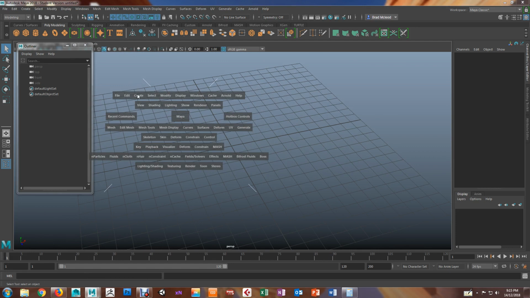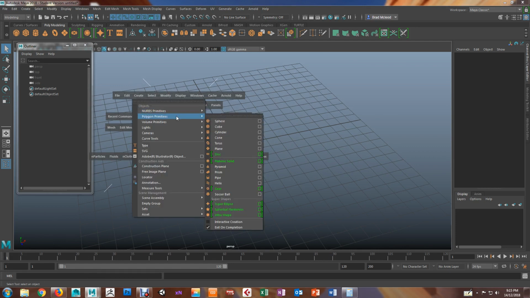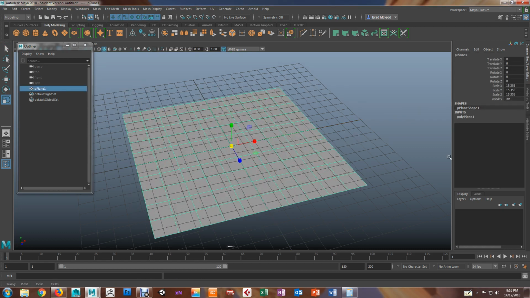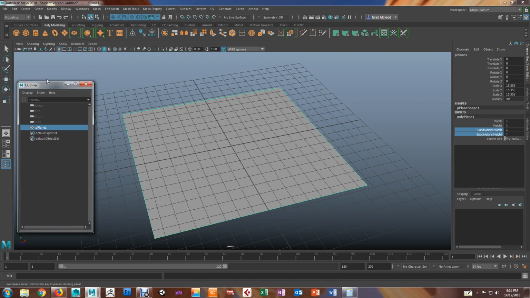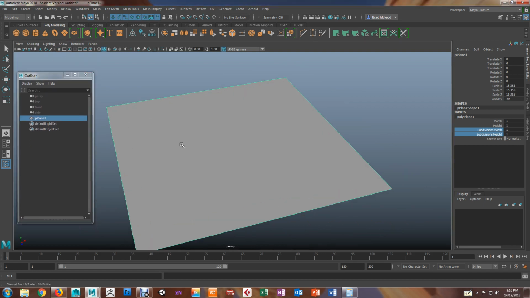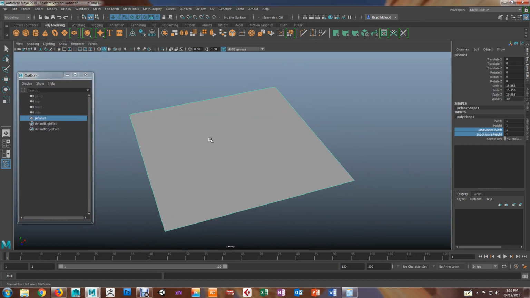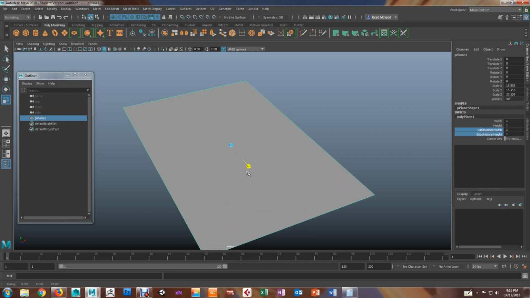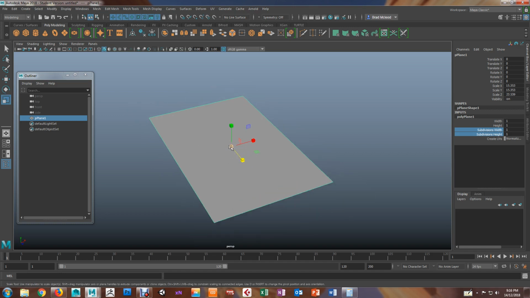So I'm going to create a polyplane. Just going to set up a simple scenario here. I'm going to scale this up, get rid of the subdivisions on it, and get rid of the grid. So here's a very simple polyplane, and we're going to try and envision this as the top of our